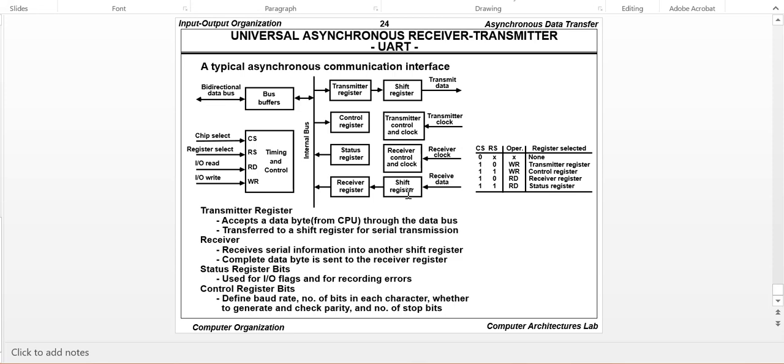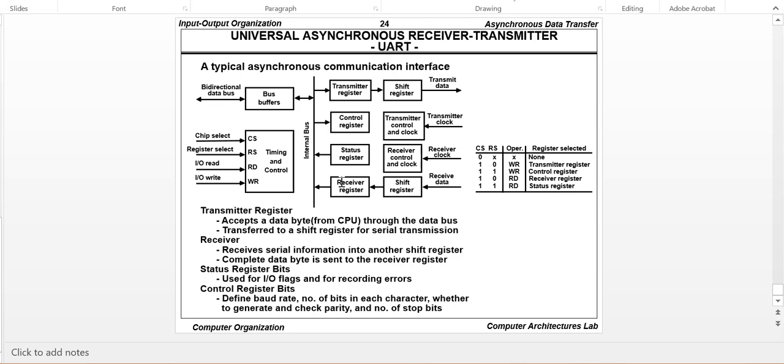So for every clock pulse, the data in the register will move one position to the left. It is just like pushing the data one bit after another. The data will be pushed into this shift register, and from the shift register the data will go into the receiver register. Once data goes into the receiver register, the status bit will be set, saying that the receiver